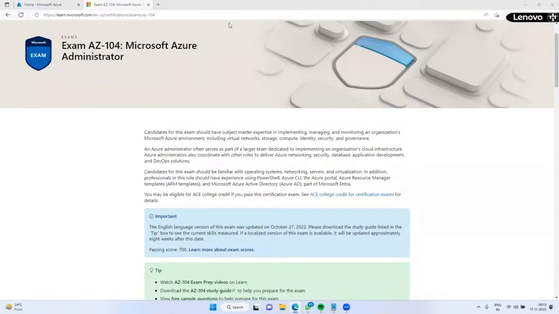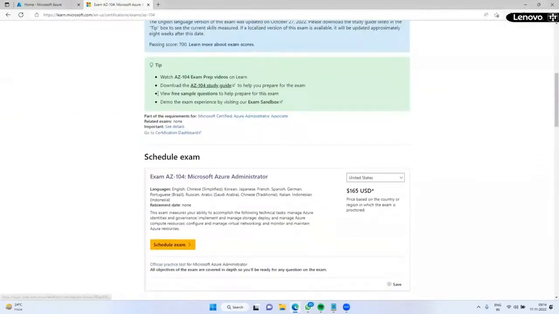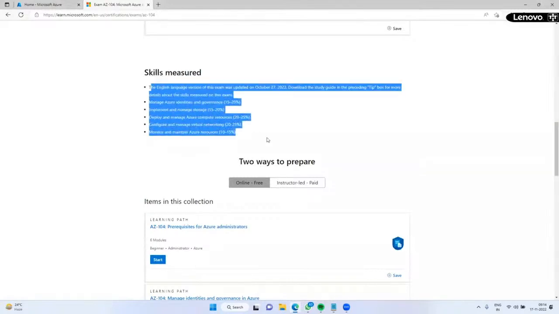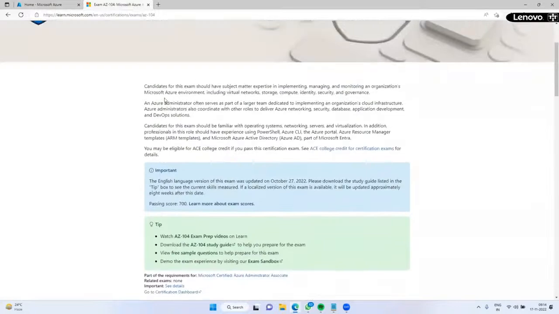After the course completion, we can do certification, this 104 and this DevOps certification. We can attempt, right? Yes, 100%. No need for any other topics that we need to cover. Not required. See, this is the syllabus. Directly they are providing it. When I go and verify here, skills measured: managing identities, implementing storage, compute resources, networking, Azure resources. Based on that, we have prepared the syllabus. This is the 104 certification.